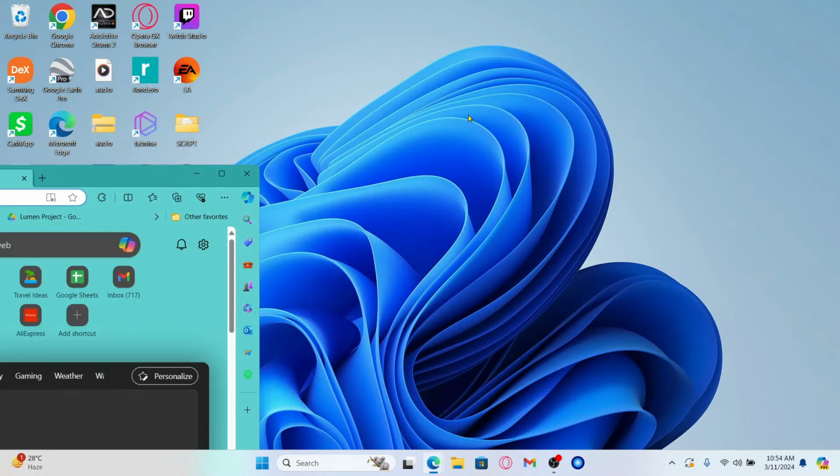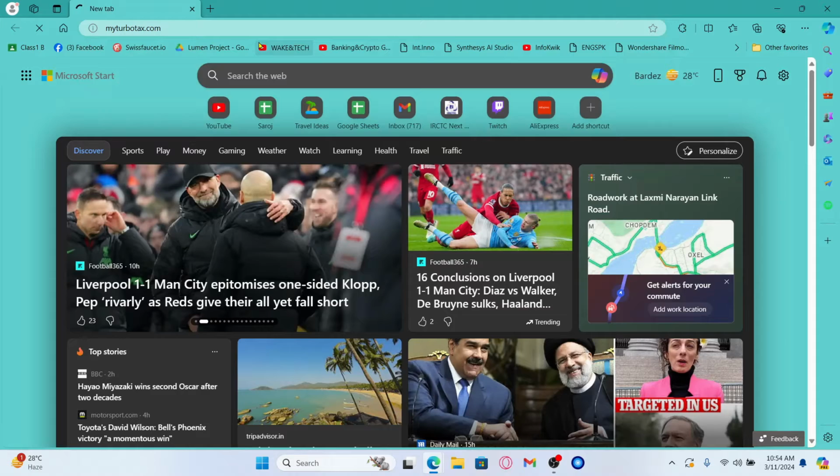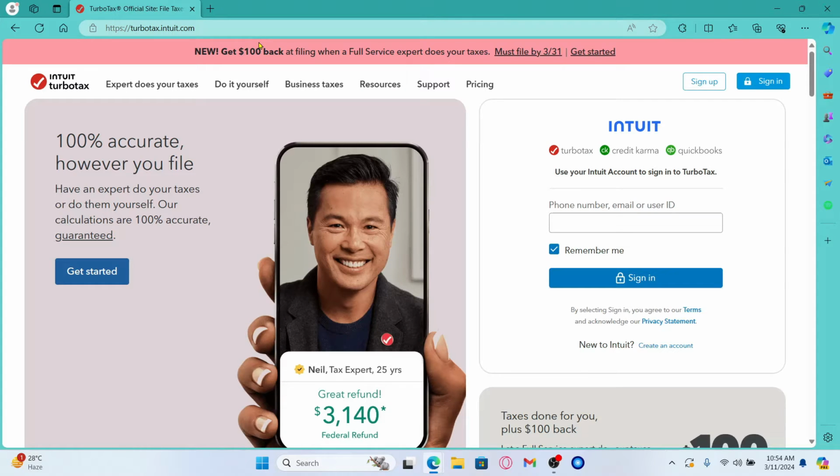First of all, open up your web browser and then in the address bar type in myturbotax.com and press enter. This will now take you into your official tax account for TurboTax and you will directly be taken into the login portal. Now, first of all, type in your phone number, your email address or your user ID, whichever one